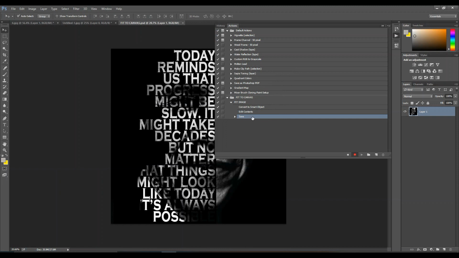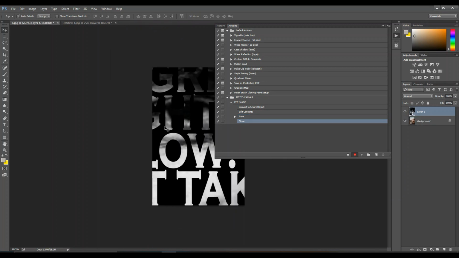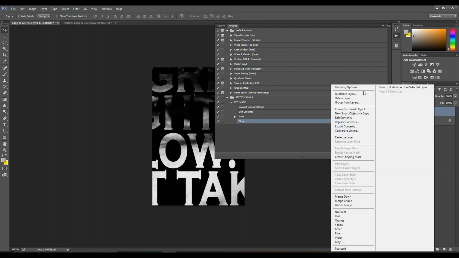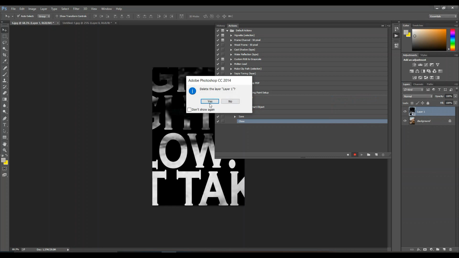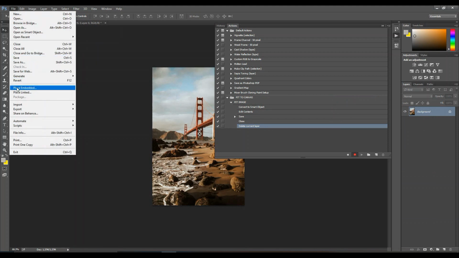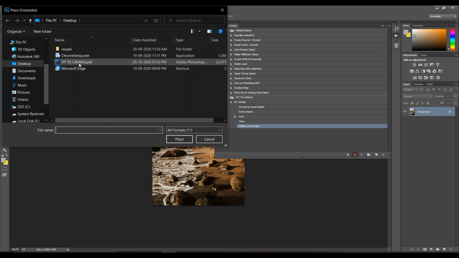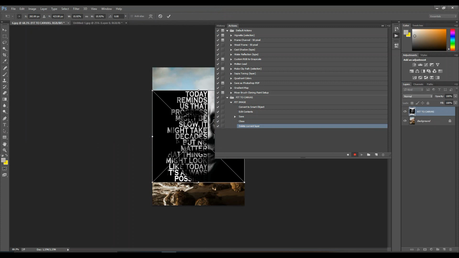OK. Now as you know, the file is already saved. Now close this document and you're back on the previous document. Now delete this layer which we converted into a smart object because we don't require this now. Go to File, select Place Embedded, select the file which we saved now, OK or place anything.